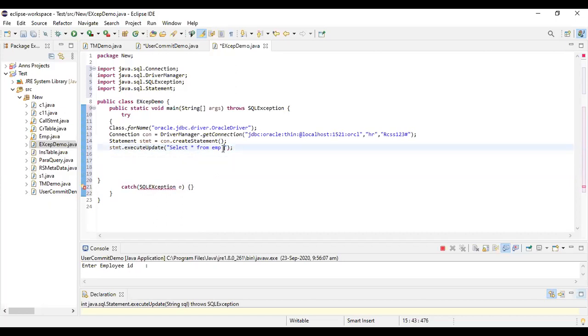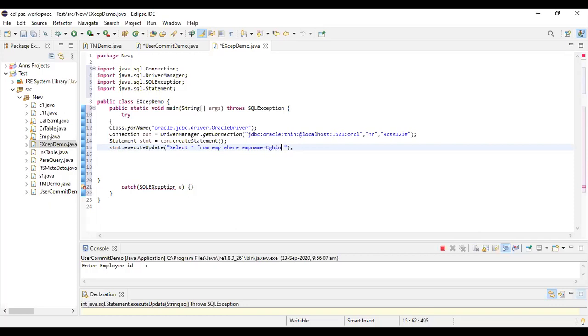I have no errors. So I can make this a bit different, where EMP name is equal to 1, 2, 3. Now, as you all know, the employee name should be in single quotes. What do I have for employee name? I'll put Chinnu over here instead of 1, 2, 3.